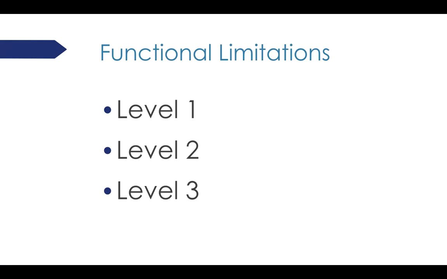So what we do is we categorize the level of need in terms of the functional limitations that a child has. We look at 2 different areas, and we identify that a child has ASD at level 1, ASD at level 2, and ASD at level 3. Level 1 means that the child requires support, in social interaction skills as well as in communication. Level 2 requires substantial support. And level 3 requires very substantial support.